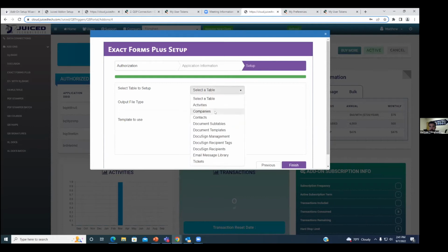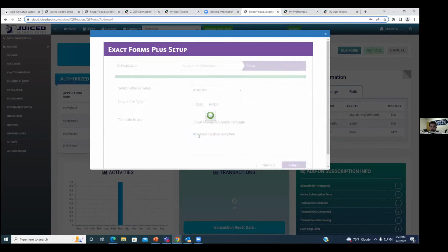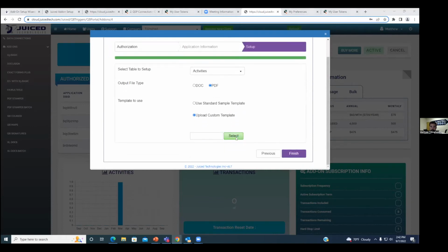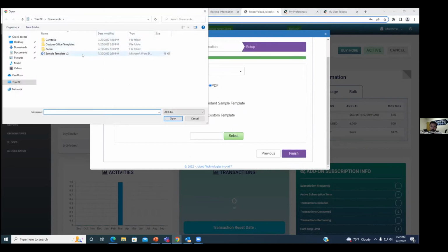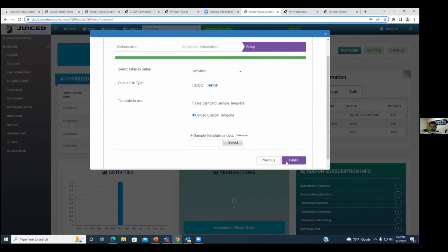On the setup page, it's going to ask you which table you would like this on. As you can see, I do already have some of our add-ons installed here, but I'll just press activities again. You have the option for doc or PDF, as well as use standard template or use custom template. When you choose custom, you can select from your files. So I can just pick sample 2.0